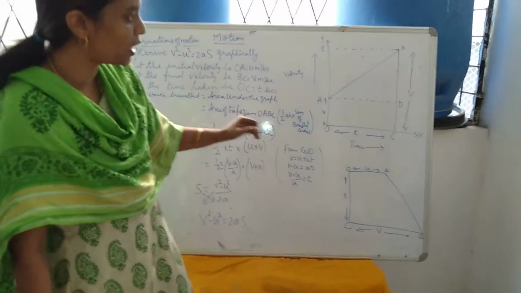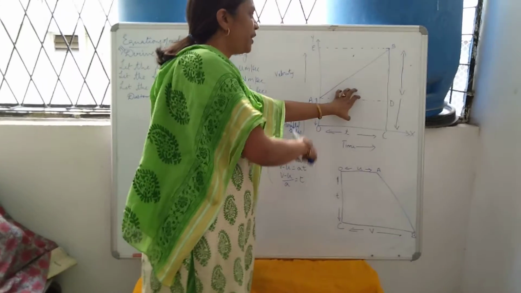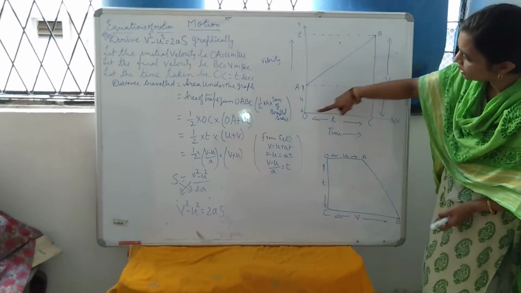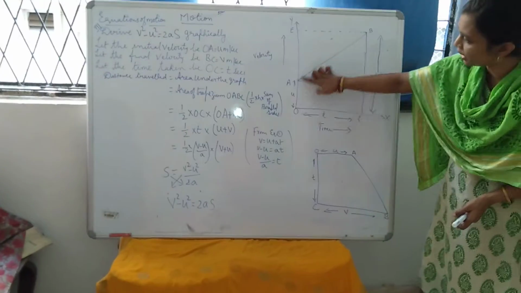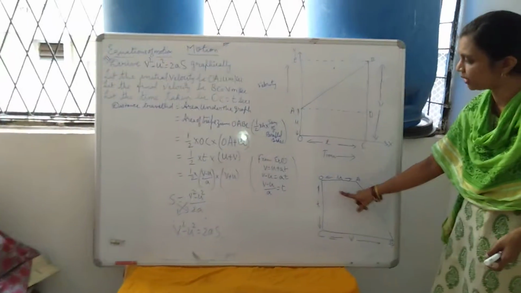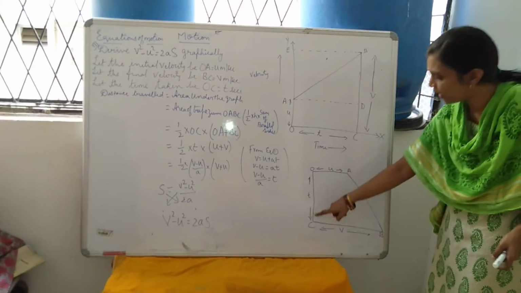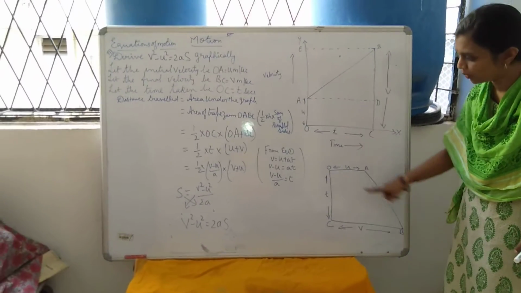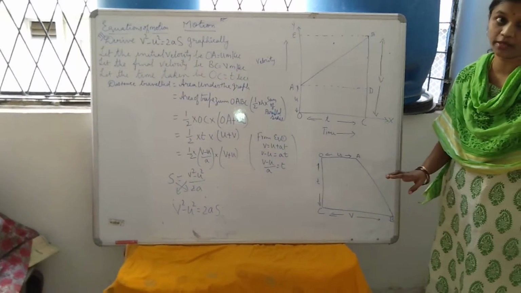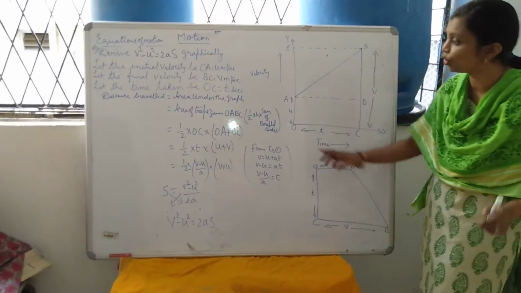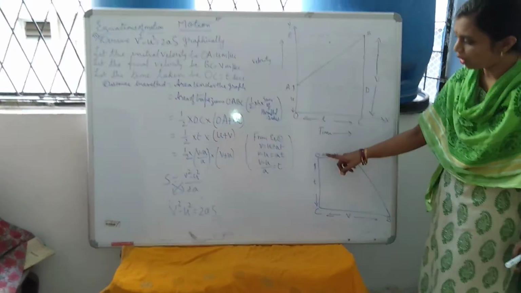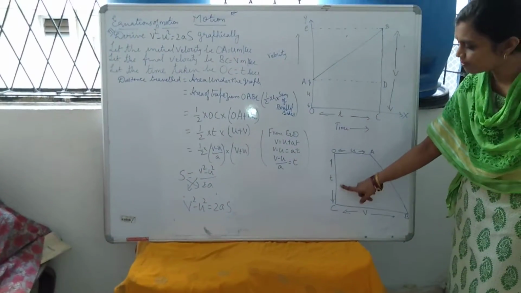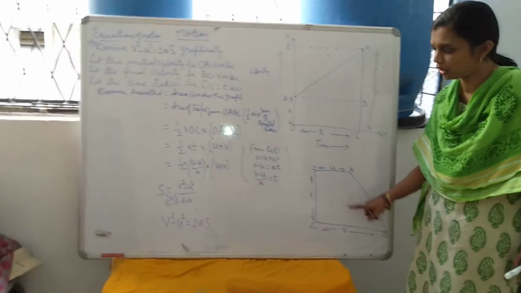Here you are going to take the area of the total trapezium. For example, this is a graph. If you draw it, this OABC, this entire thing is a trapezium. So I have drawn this trapezium like this. This OA has come like this and BC has come as a base and AB has come like a slope. Now you all know the area of trapezium formula is half height into sum of the parallel sides. What is the height here? OC, and parallel sides are OA and BC.